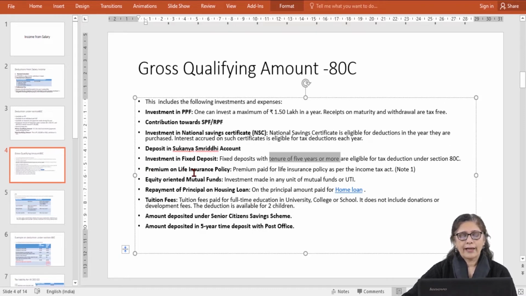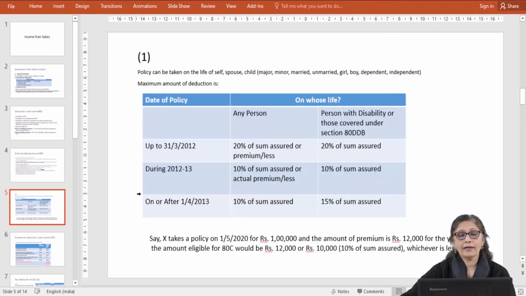Premium on life insurance policy. When we talk of insurance, one, we have a policy amount which is called sum assured. Two, we have the premium that we pay on that sum assured. So, it is the premium for the policy amount that is eligible for deduction under 80C, and that too